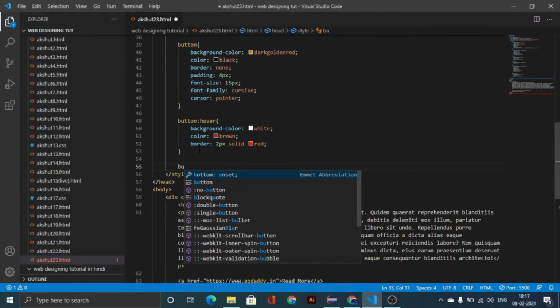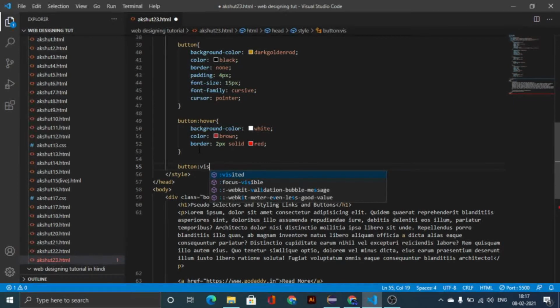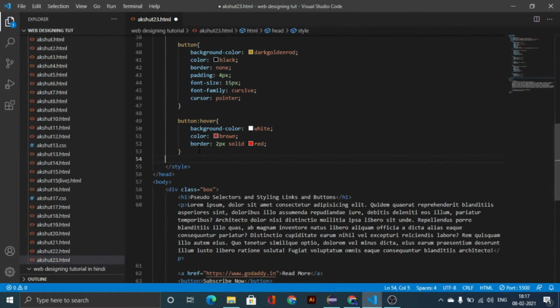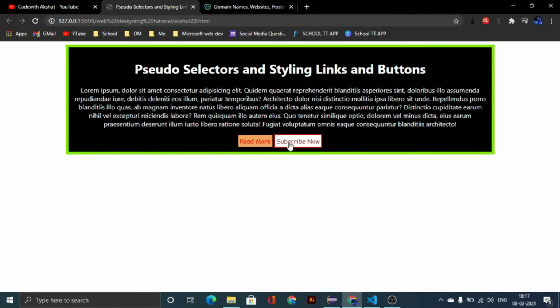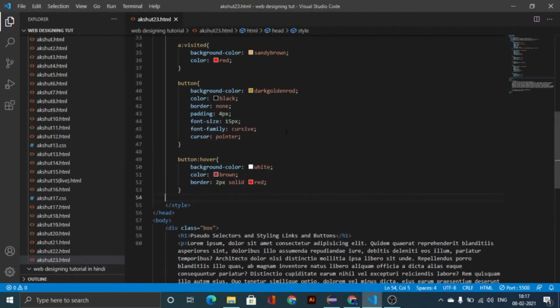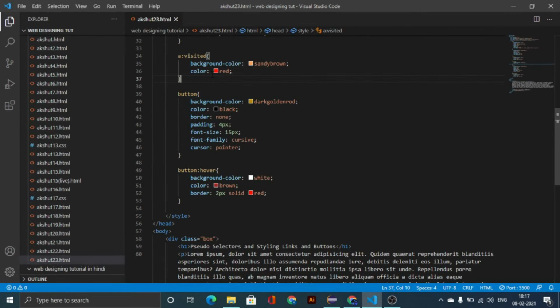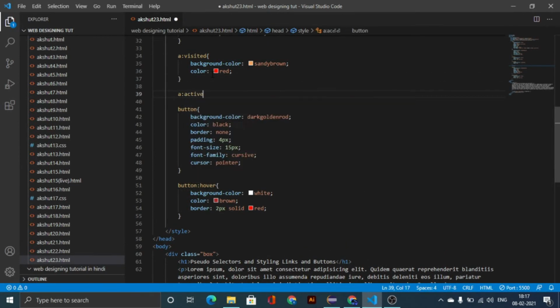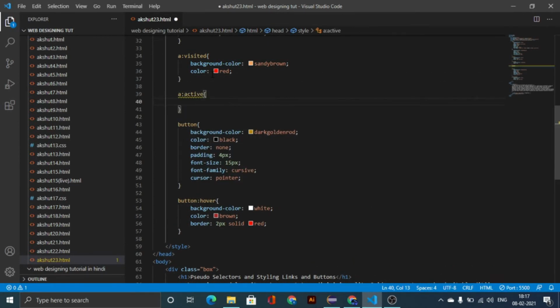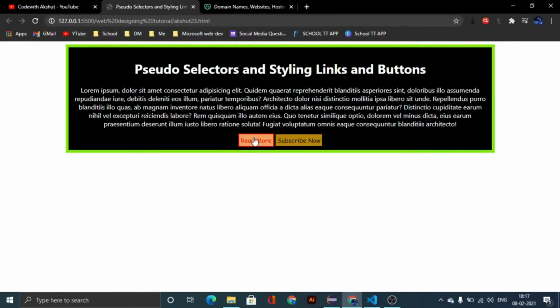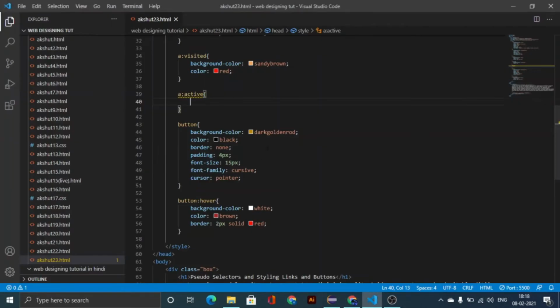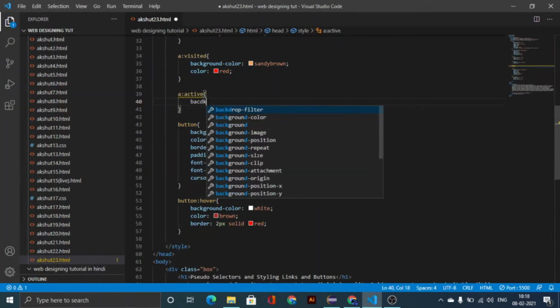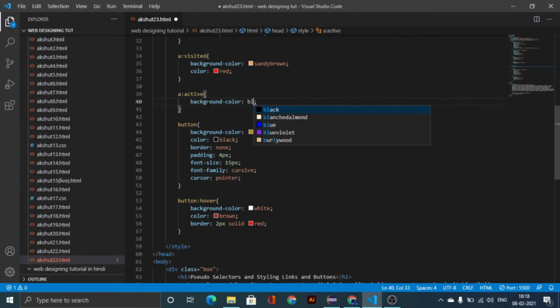We can still try it, button if visited. Yeah, it's still there, but it won't be validated. Okay, so I think this was another pseudo selector. Next is active. Active would work on the button also. What is active? If we have held it, or if this is in call to action, then it would change its color. So background color to blue,